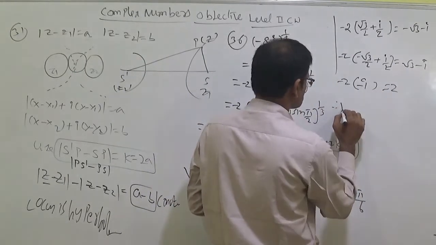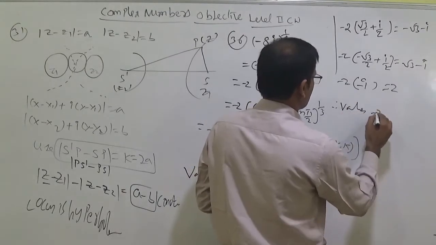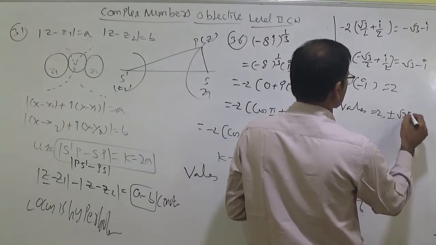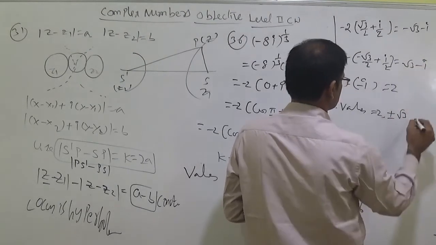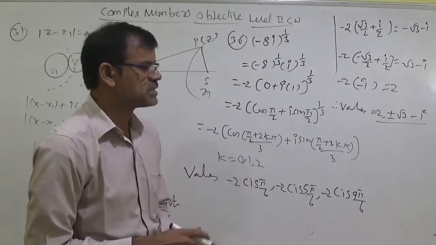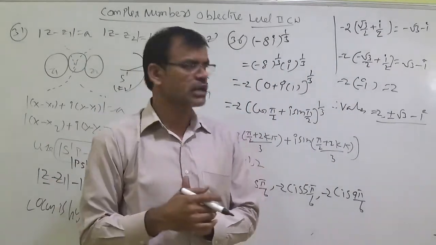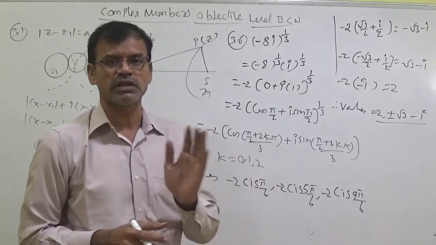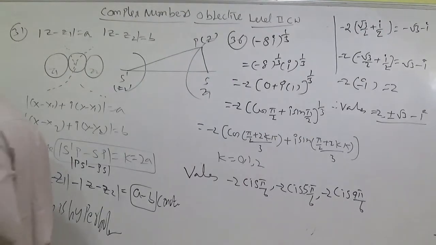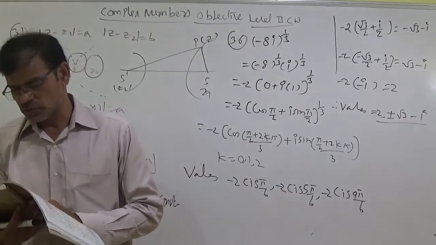Therefore, the values we can write: first value 2, and for the second value root 3, plus or minus. Here plus root 3 and here minus root 3. But for I, minus I is fixed. 2 comma plus or minus root 3 minus I. But in the second option he has given 2 comma plus or minus root 3 plus I, it is wrong. Plus or minus root 3 okay, but minus I you should correct it.